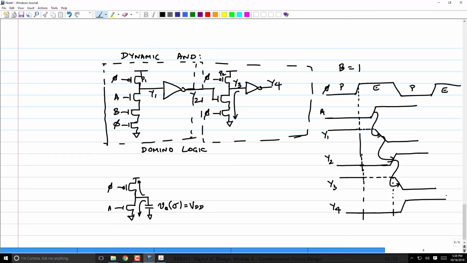Now you look at what is happening to Y2 and Y4. Now if I cascade many such gates, you have Y2, Y4, Y6 and so on. Basically, just like a domino, the outputs will keep sort of rising or falling. If you look at Y3, they'll all fall. So it's just like a domino. You knock one guy off and everything will. That's why this is called a domino logic in general. Y4, the output of the static CMOS logic, will keep rising.